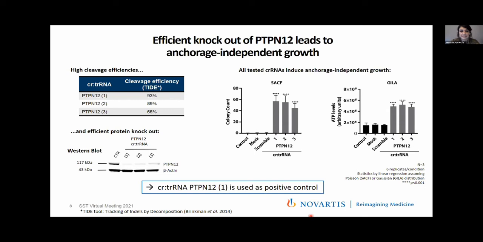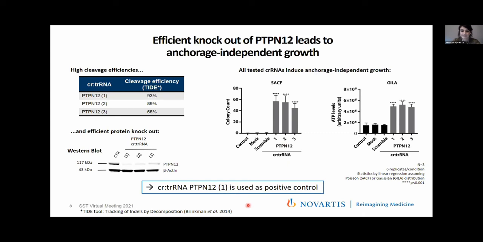So then we wanted to validate if it can also induce anchorage-independent growth. So we chose 3 CRISPR RNAs that have a high cleavage efficiency and verified if they efficiently knock out the protein. And then we tested them in soft agar and GILA. So here you can see the soft agar in colony count, and here the GILA in ATP levels. And in both cases, all 3 CRISPR RNAs induced significant anchorage-independent growth. And CRISPR RNA1 was performing the best, so we used this as a positive control